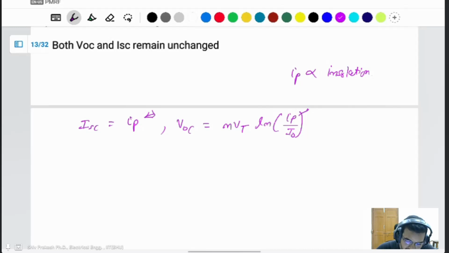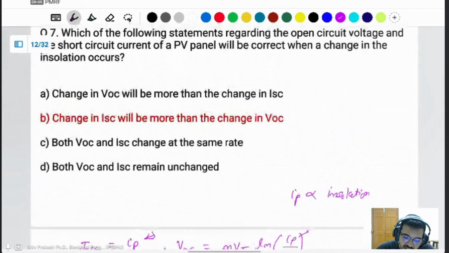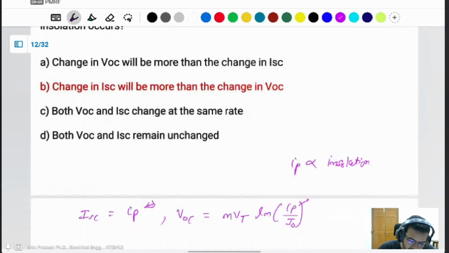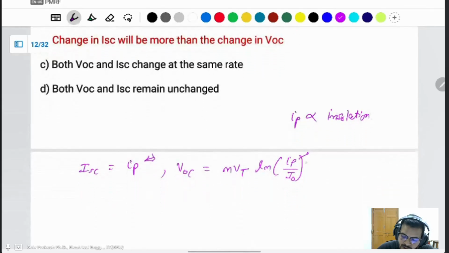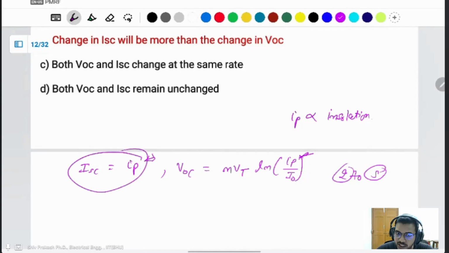Then the question is asking which one is more effective, short circuit current or open circuit voltage. The option says the change in VOC will be more than the change in short circuit current. Suppose you change IP from 2 to 5. Then what happens? ISC is directly proportional to the photon current, so it will go directly from 2 to 5. But in this condition,